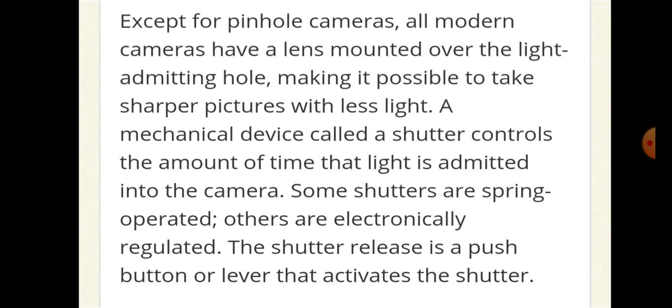Now except for pinhole camera, have you seen the pinhole camera? Pinhole camera में lens नहीं होते हैं, okay? So the cameras having lens, digital cameras में lens होते हैं, but when we talk about the pinhole cameras में लेंस नहीं होते। एक छोटा सा उसमें होल होता है जिसके थ्रू लाइट उसके अंदर एंटर होती है।